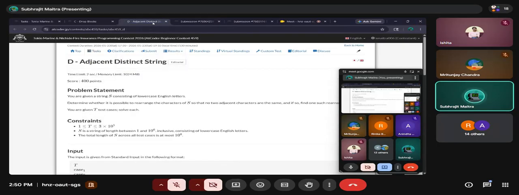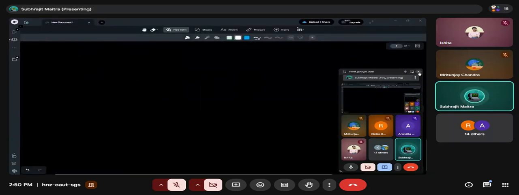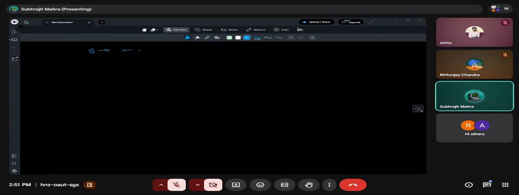Okay. So let us go to question number D. And I'm telling you, this question C took so much time. Question D will take half of its time. It is a very easy thing. Okay, not too easy, but yeah, this question is easy. Let me give you an overview of the question. The question is also very simple to understand. We are told that we have a string. Suppose we have any string.